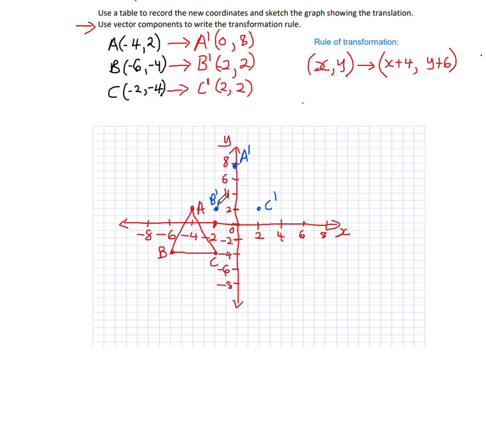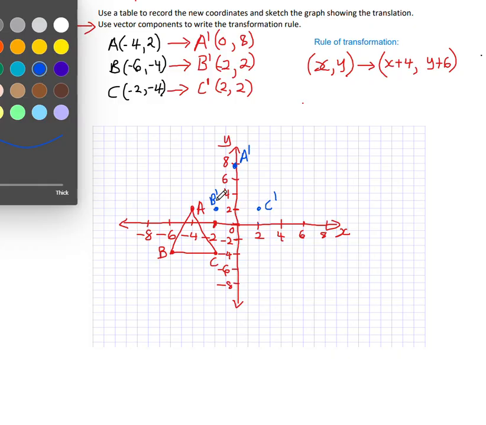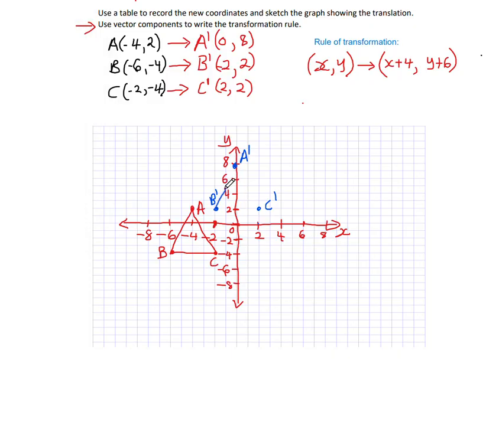And then we realize that a triangle is also formed here, and the triangle represents the same size and also the same angles of the pre-image. And it means that this vector translation that we have carried out here using the given vector is a rigid transformation. It's a rigid transformation because the image preserves the same size and also the same angles as the